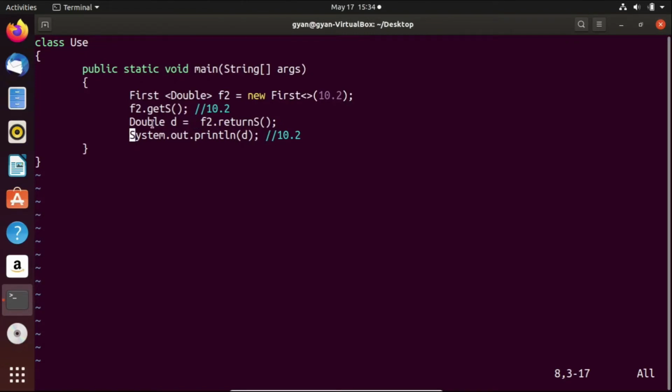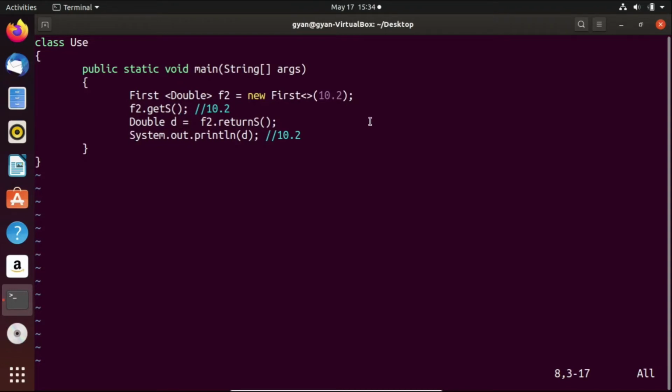So what is the latest value stored by the variable s? That is 10.2. So the compiler internally typecasts the value returned by the returnS into type double, and that can easily be stored into the variable of type double. This is what is happening here.